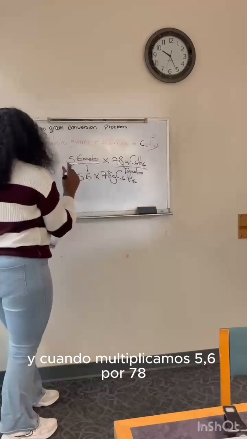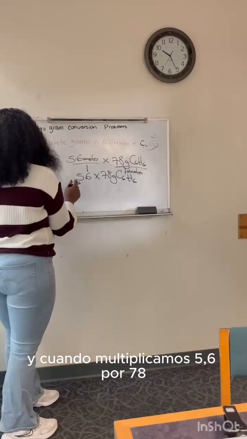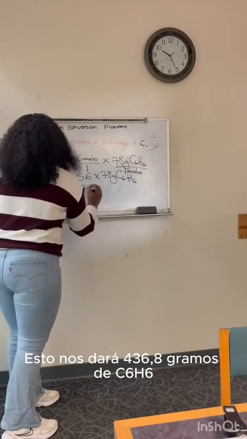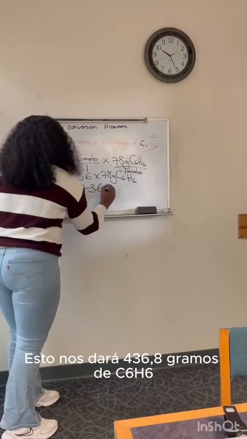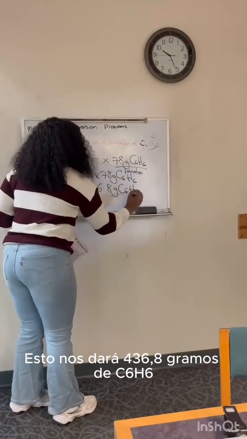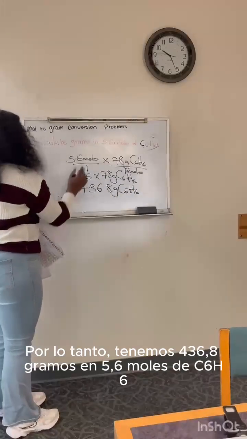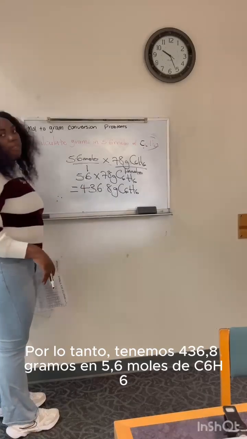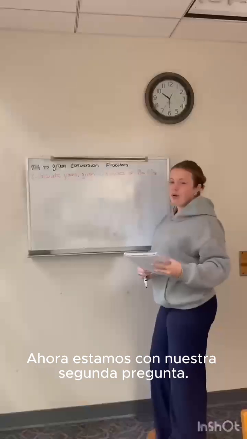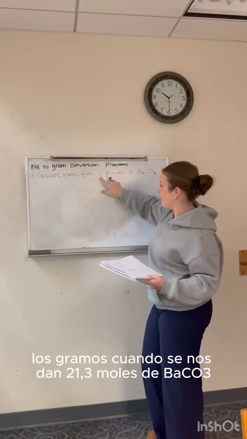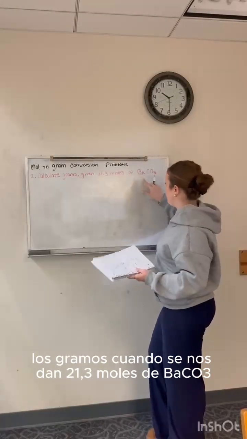C6H6, and when we multiply 5.6 times 78, this is going to give us 436.8 grams of C6H6. Therefore, we have 436.8 grams in 5.6 moles. Now we're on our second question, and we're going to be calculating the grams when we're given 21.3 moles of